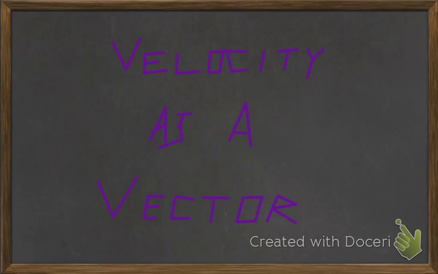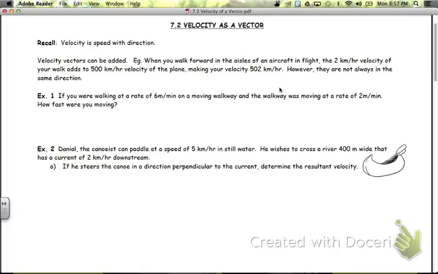Today we'll be looking at velocity as a vector. We can recall here that velocity is speed with a direction. So velocity vectors can be added. The same rules apply here for all of our different adding, subtracting, our scalars, talking about our different vectors